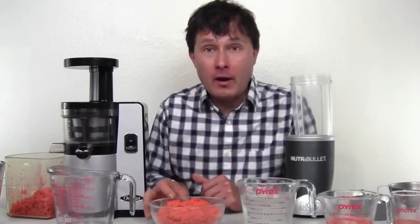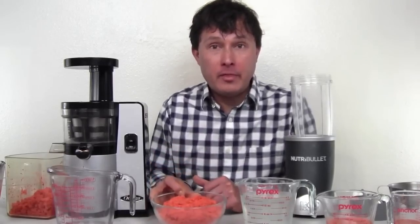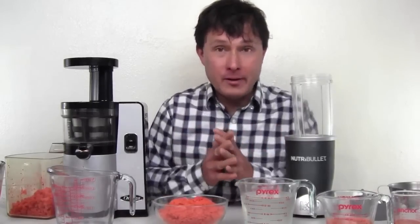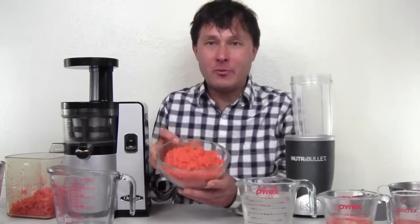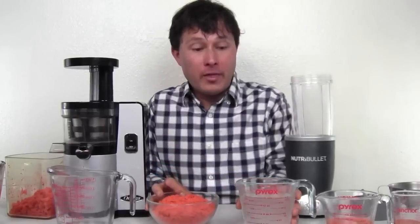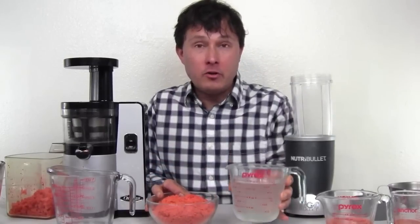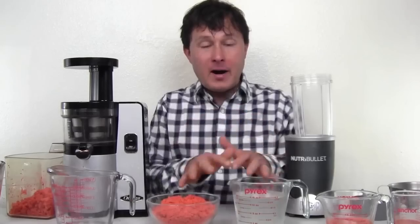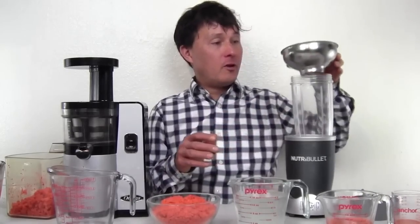more juice out of the juice pulp that I create when I'm juicing. And to do that, I'm doing a hybrid technique. So what I'm going to do here is combine the pulp back with, actually today I'm using coconut water, but you could just use some good pure filtered water. And what we're going to do is combine these two ingredients, actually I'll do that right now,